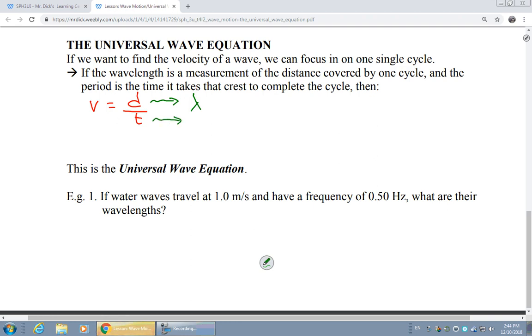Well, the time it takes for one cycle to be completed, we actually have a special name for that. That special kind of time, we give a capital T, and we call that period. So really, if we're looking for velocity, what we're actually doing is taking lambda, the wavelength, and dividing by the period. In other words, we're saying the displacement in one cycle